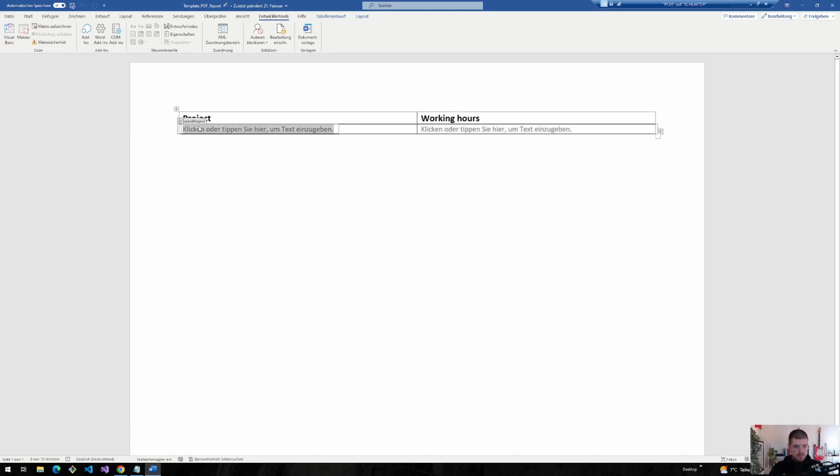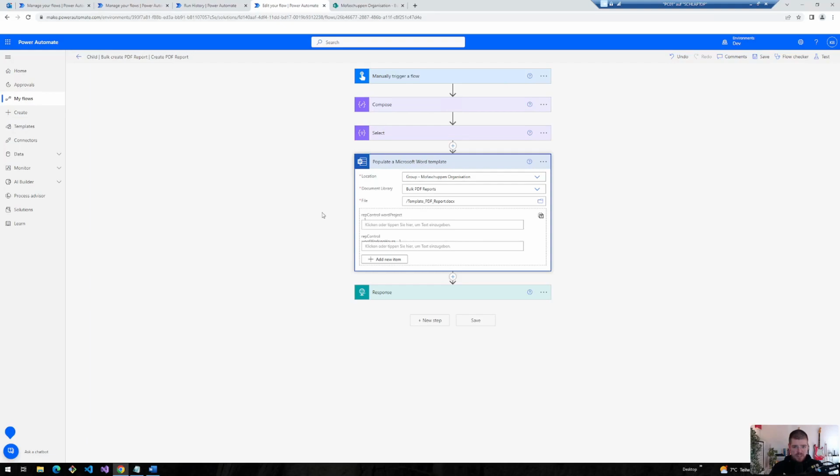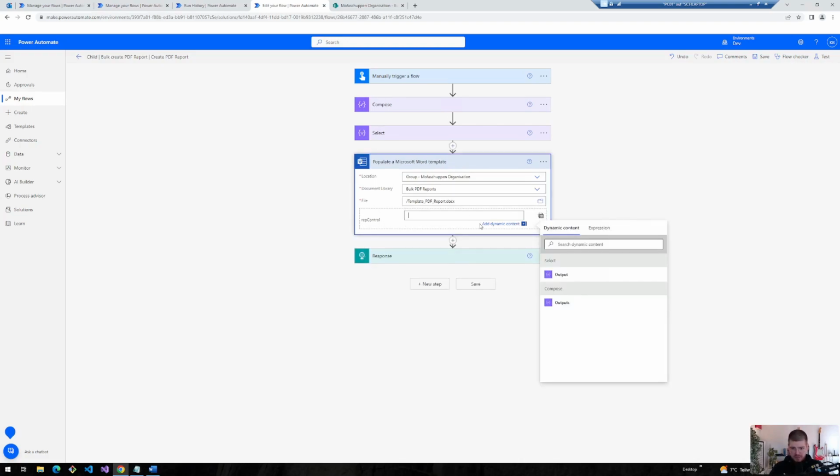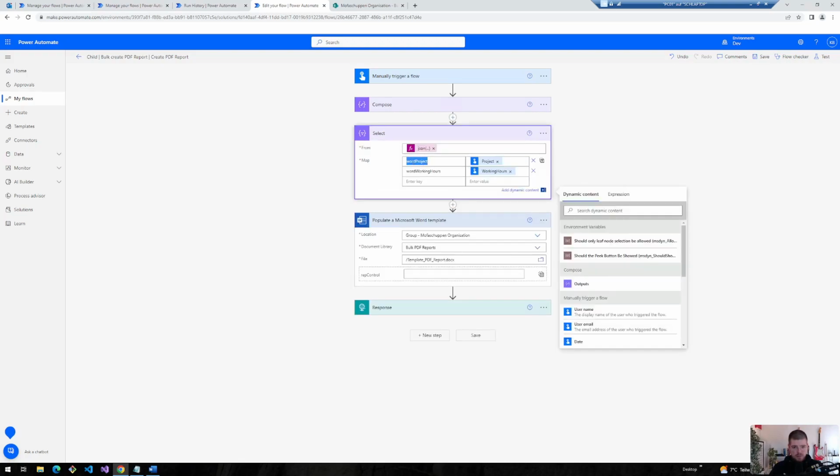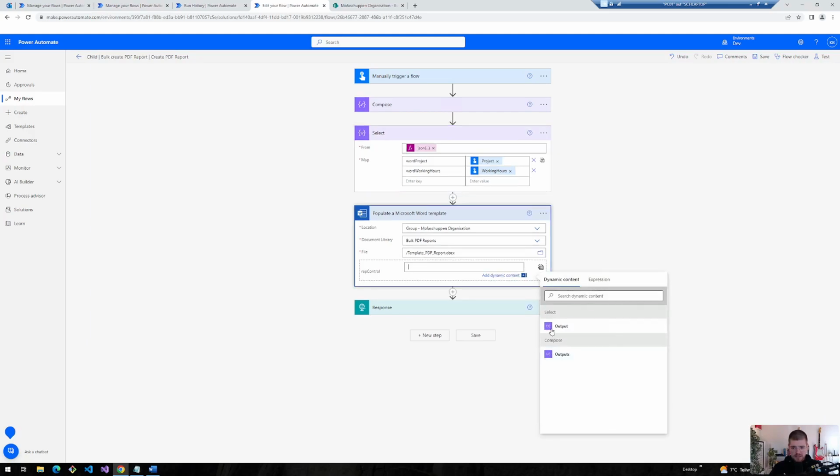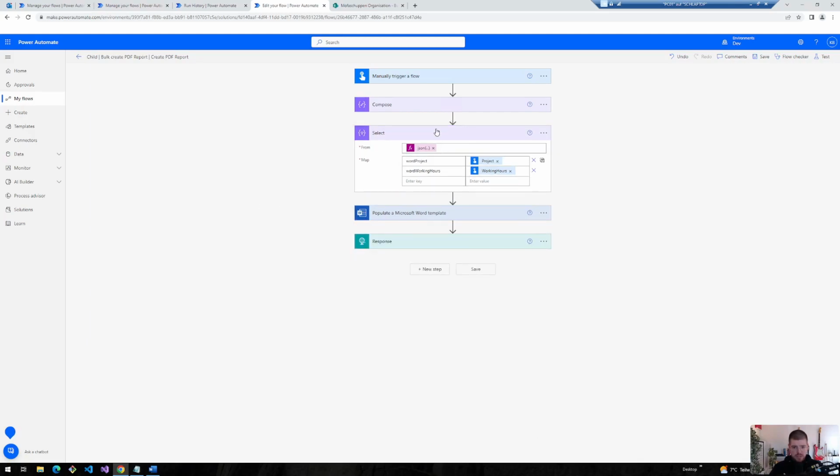And now we've defined these controls in our Word template at the beginning. We've got two columns, the Word project as well as the Word working hours, and around these two columns we've defined this repeating content control, and we need this control now to populate our Word document. Therefore we click on switch to input entire array, because now we can input the whole array into this document. And that's the reason why we mapped these columns in the previous step. So now we will select the output of the select action,